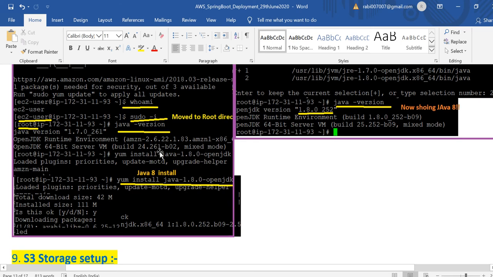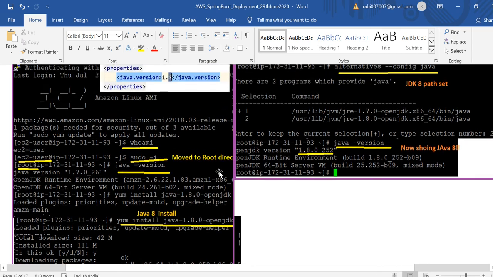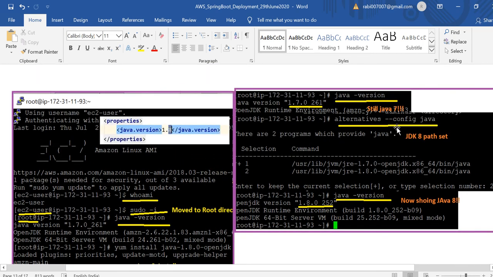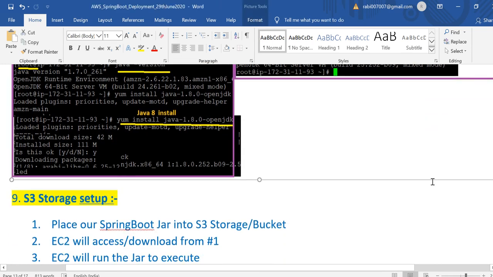And to install Java 8, yum install java 1.8 OpenJDK. To make that setup, alternatives --config java, then you will have option 1 and 2. Obviously you choose option 2, and then you are all set with JDK 8.